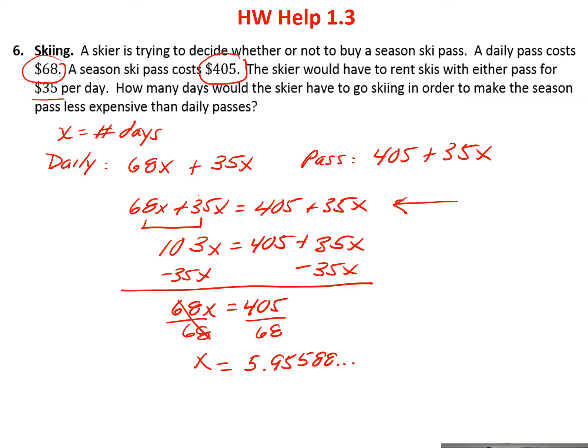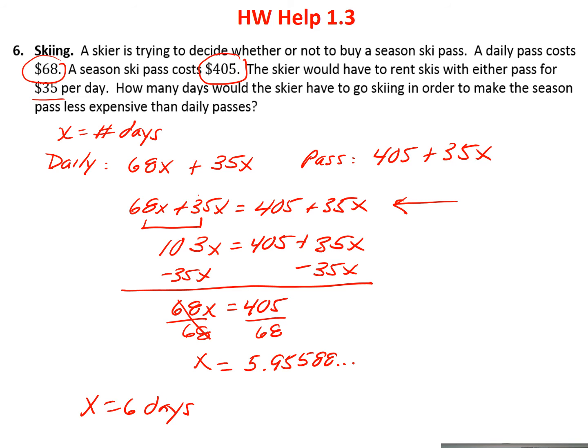So in other words, it's going to be cheaper to do the daily pass up until I get to 5.9 days. All right. So at the point at which x equals 6 days, once I go to 6 days, that's when the daily pass